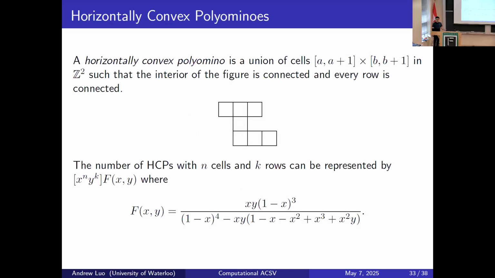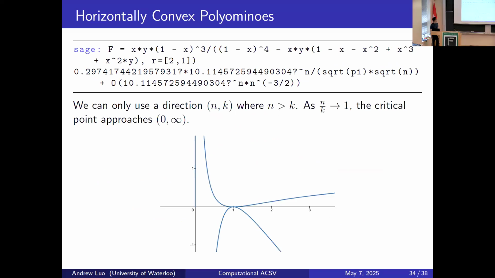Okay, so the last example that I teased out earlier is horizontally convex polyominoes, which is just tilings. You're tiling a grid with these cells such that they're fully connected, and each row is fully connected. So each row doesn't have any gaps. Here again, we're tracking by the number of cells that we have, as well as the number of rows. So in this case, we have 7 cells in 3 rows. And as you would guess, our package can compute this for you automatically.